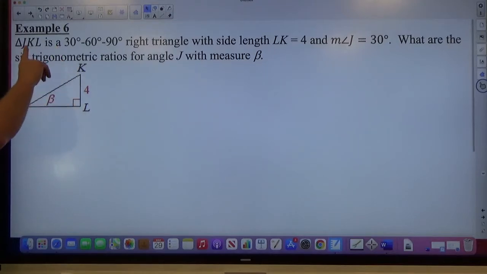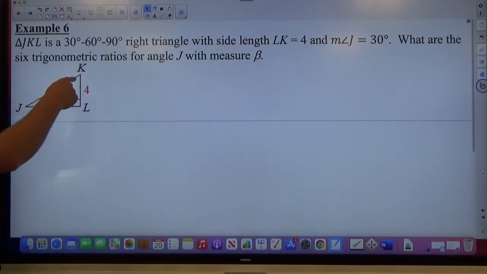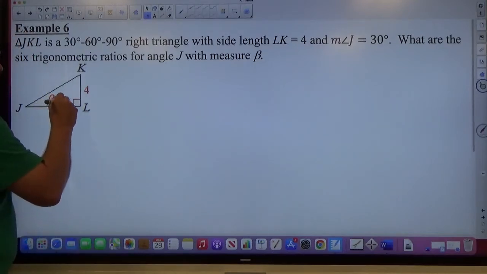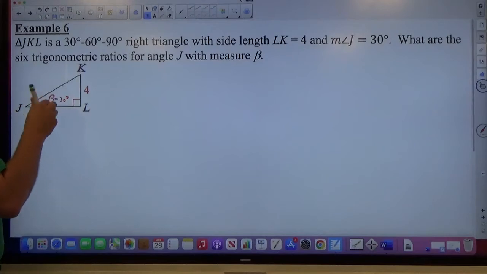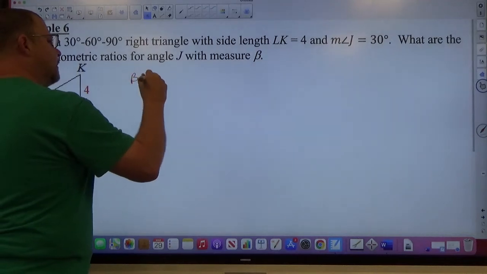KL is 4. It says JKL is a 30-60-90 right triangle, and they want us to find the 6 trig ratios for angle J with measure beta. So we're dealing with beta. And I'm going to say that this is the 30, this is the 60, just because it looks like that. So beta is the 30-degree angle for the sake of this problem. All right, so if beta is 30 degrees,